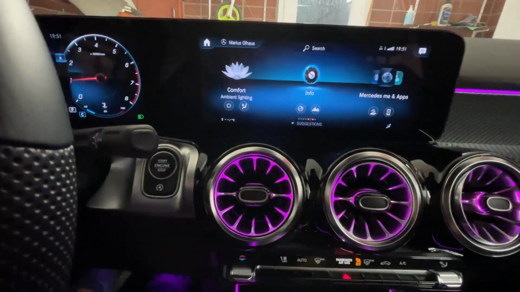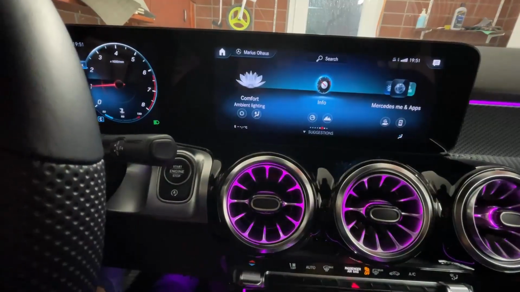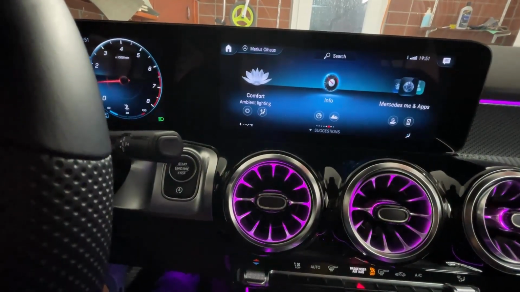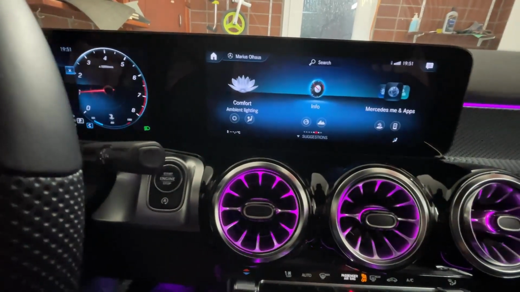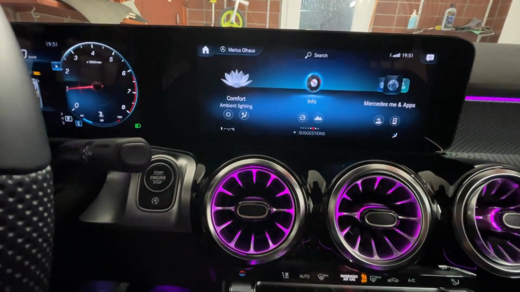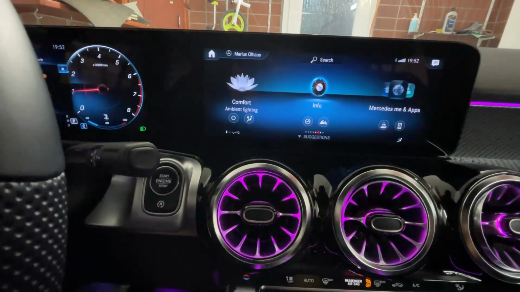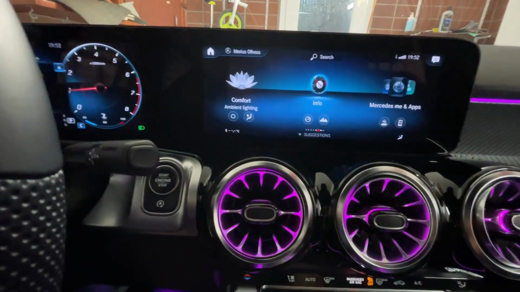Hey guys, in this video I'm going to show you how you can change the dashboard theme on the Mercedes-Benz central media display unit using MBUX. Right now I'm using a Mercedes-Benz GLB, but if you are using any Mercedes-Benz variant which uses MBUX, the interface will